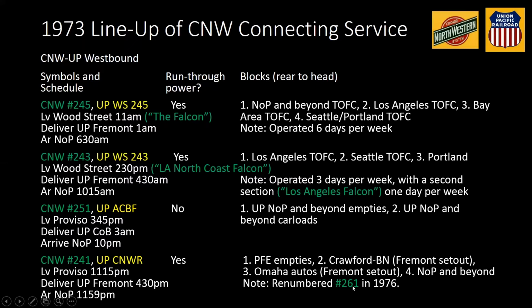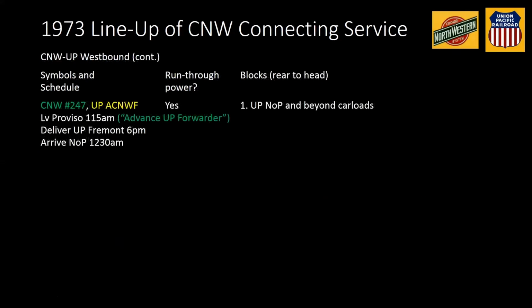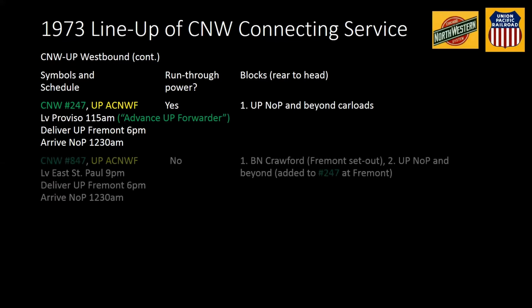CNW renumbered it in 76 as they get more and more hot trains. Then the first hot carload train was 247 out of Proviso after midnight, becoming UP's advanced CNW forwarder, interchanging to Fremont in the early evening. Solid train of carloads. And then coming down from St. Paul, you have 847,